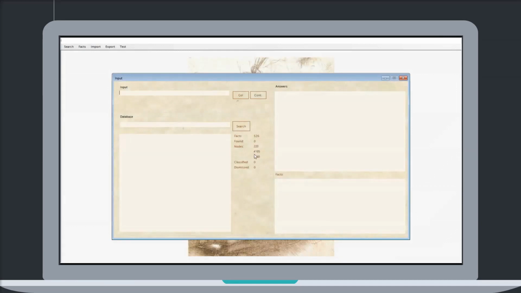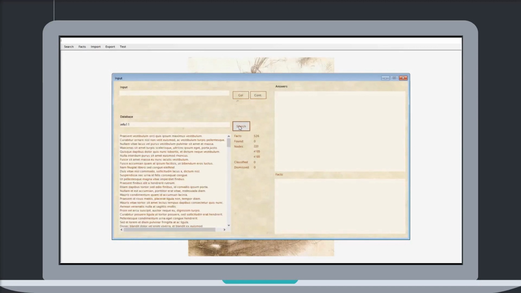Now I'm going to teach the system the same information as before, but this time I want to make sure that I will be relating this information with the existing one. And this is why I will be adding more pieces of information that I am sure already exist in the database.